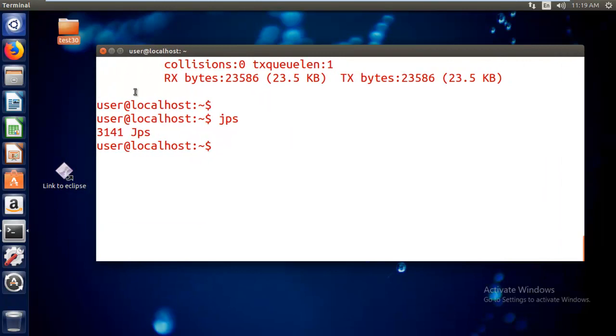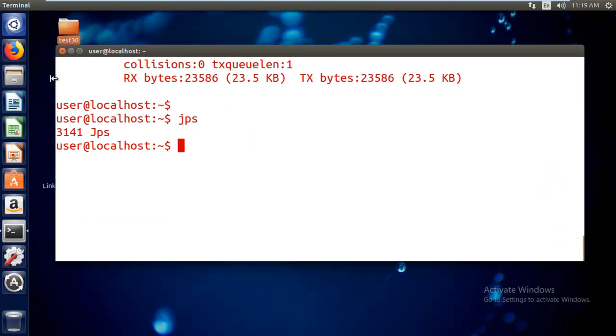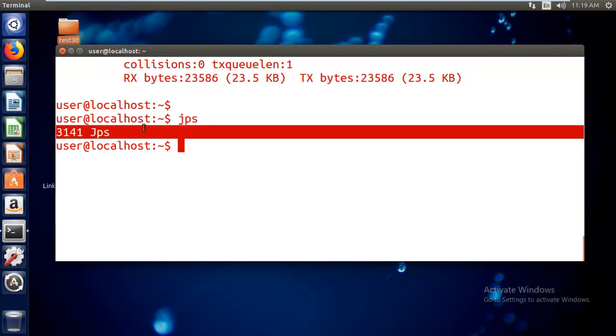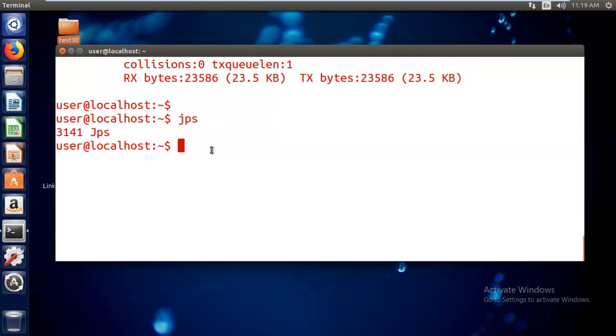What do you mean by jps? jps is a Unix command which tells you about the background running Java processes. All these master processes and slave processes are Java processes only, right? So if I hit jps, it returns the running Java processes in the background.